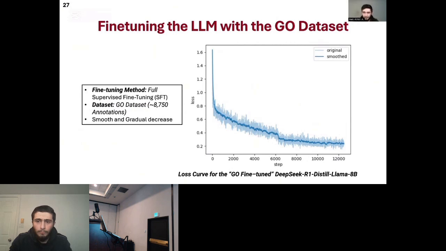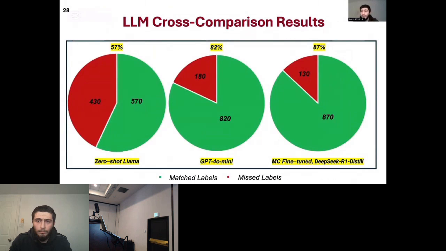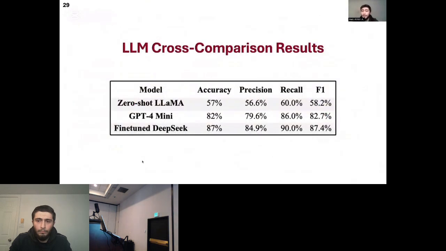to PubMed evidence. Looking at the results and the effect of the fine-tuning, the fine-tuned DeepSeek model, when tested over 1,000 examples, achieved higher accuracy results than both the closed source ChatGPT model and the zero-shot Llama model, which is an open source model that has not been fine-tuned and has just been used as is. And so, according to these results and looking at the metrics, we can see that the fine-tuning had significantly improved the accuracy results, but there is still a way to go to further minimize